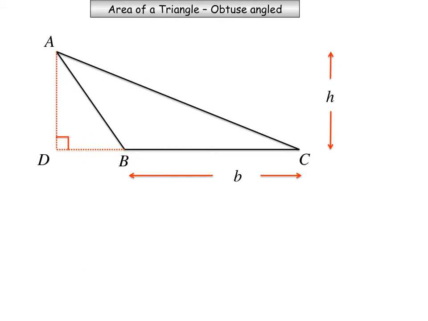So let's create another triangle by creating a vertex over here somewhere that makes a right angle. So we've got a right angle triangle in here, triangle ADC. We could look at that triangle that we've created, and we know that the area of the triangle that we wanted to look at, the one that we started with, triangle ABC,